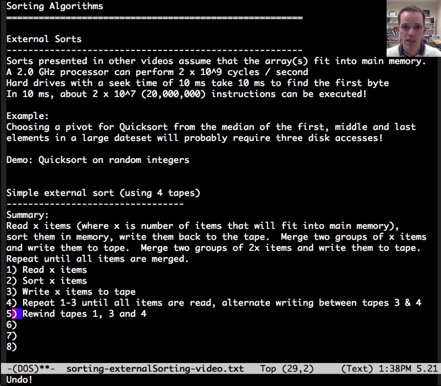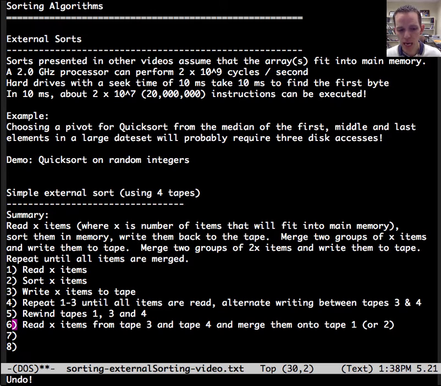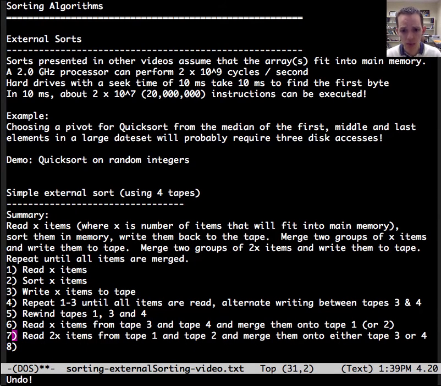We're going to rewind all the tapes. That takes a little while. And then we're going to read X items from tape 3 and X items from tape 4 and merge them onto tape 1, or we'll alternate with tape 2. And then